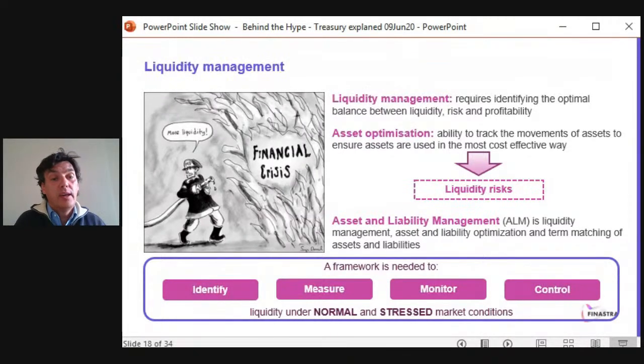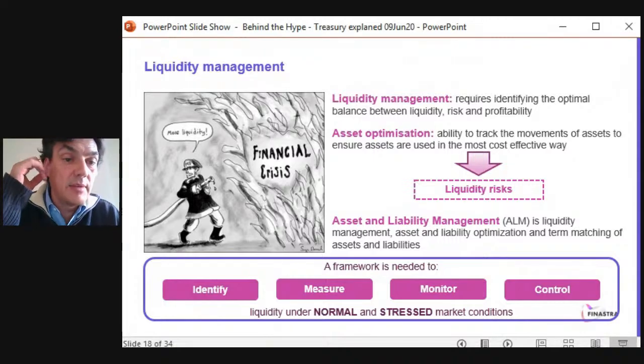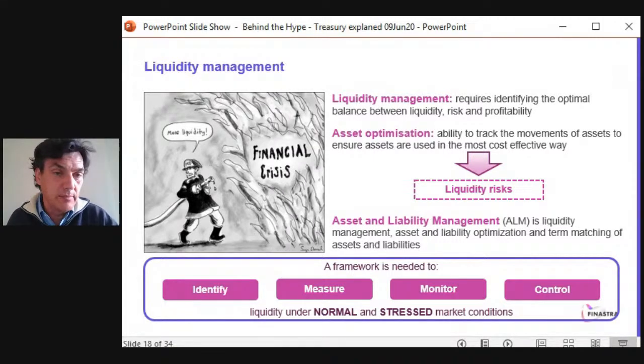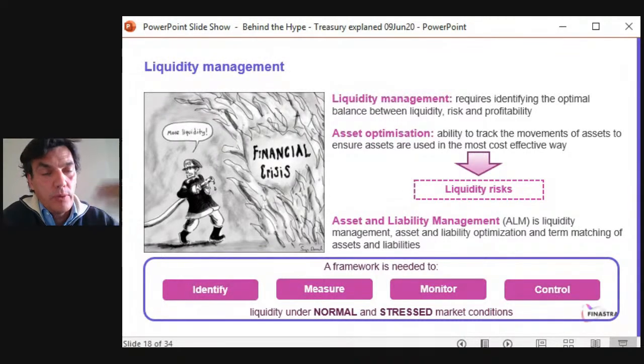And from here, you can derive what is the asset and liability management, because the assets are long-term things, liability as well. So it can be 1 week, but it can be 10 years, 15 years, 50 years. So you need to match them, or to make sure actually that if you have a mismatch between your assets and liabilities at some point in time, it's in a long time enough, and you will be able to manage it over time. And from here, we will see that the regulators have put a lot of ratios in place to make sure that banks are managing their liquidity properly.